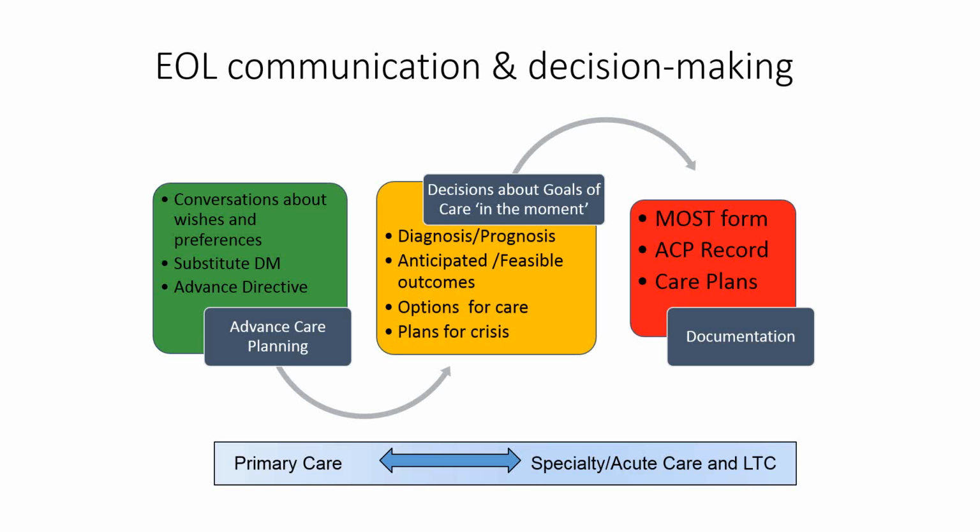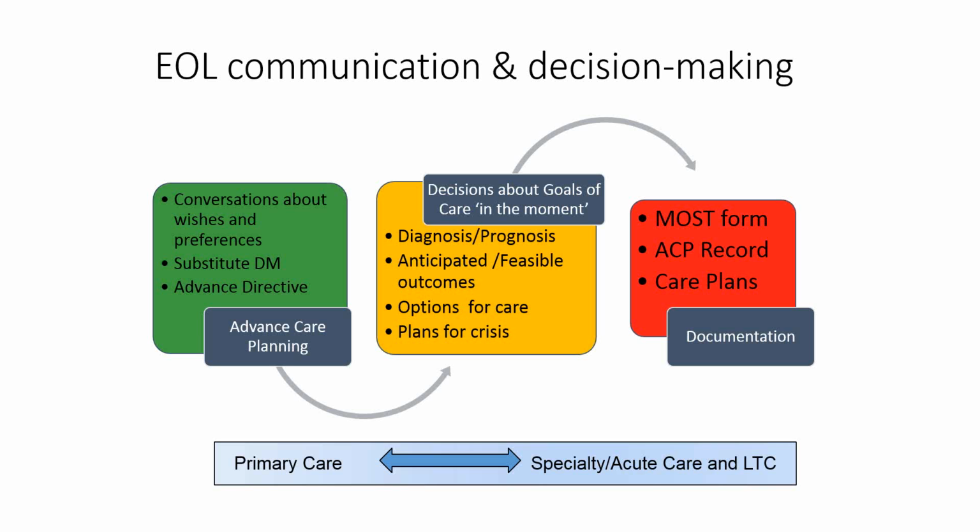Because I often find that when talking to colleagues who are all interested in this general area of quality improvement and research, the term advanced care planning will be used to mean a lot of different things. But I think it's helpful to conceptualize two different and related processes. So the first one being advanced care planning, which I think could be best thought about as a more upstream process that occurs, for example, before a hospitalization or before an actual episode of illness,